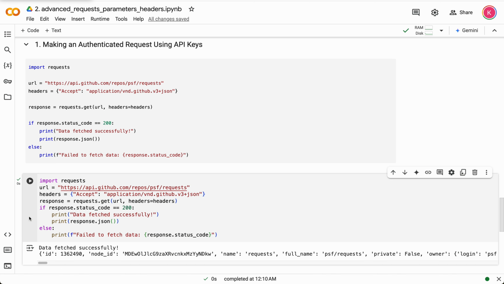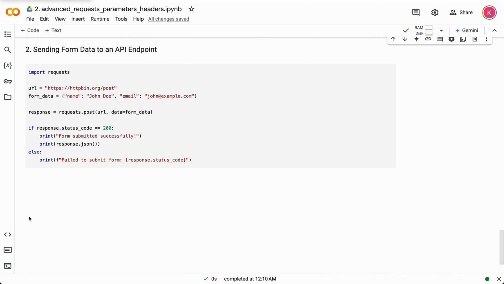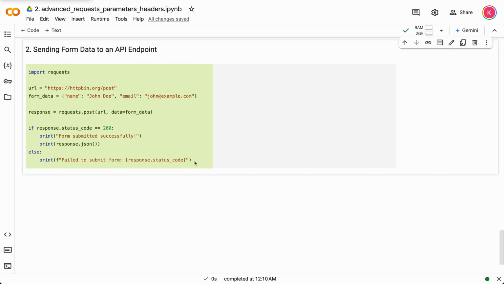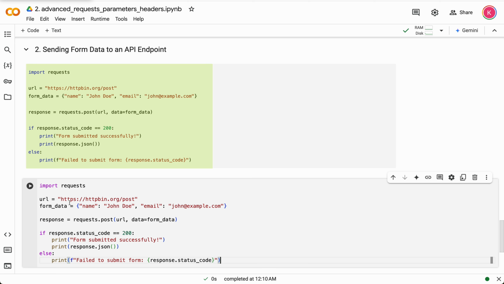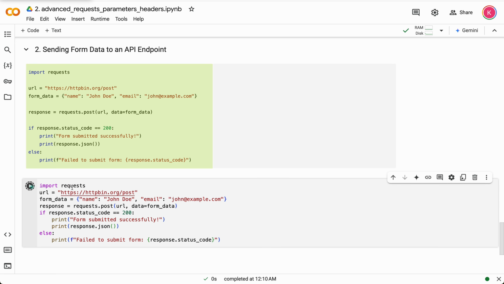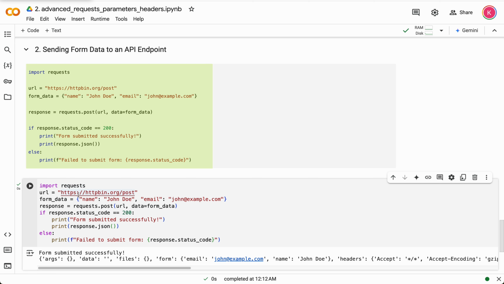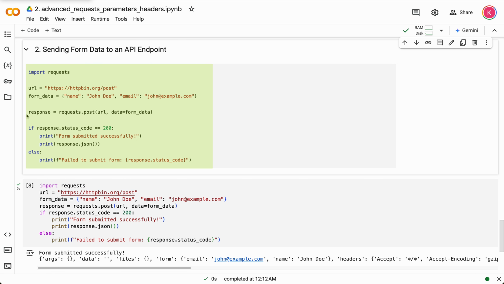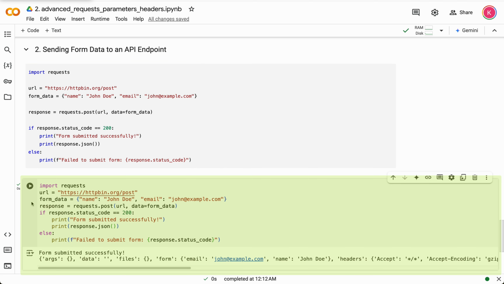2. Sending form data to an API endpoint. Sending form data to an API endpoint is a common task when interacting with web servers, especially when submitting user information, registration forms, or other key value data. The request library simplifies this process by allowing you to include the form data using the data argument in a post request. In this example, the URL